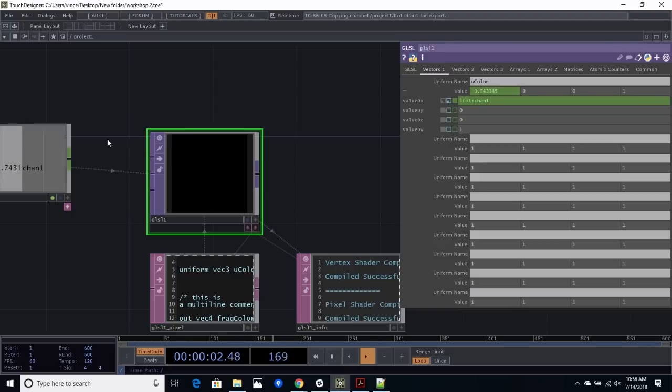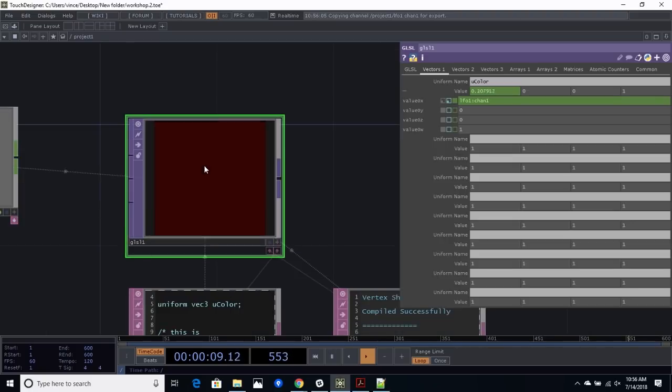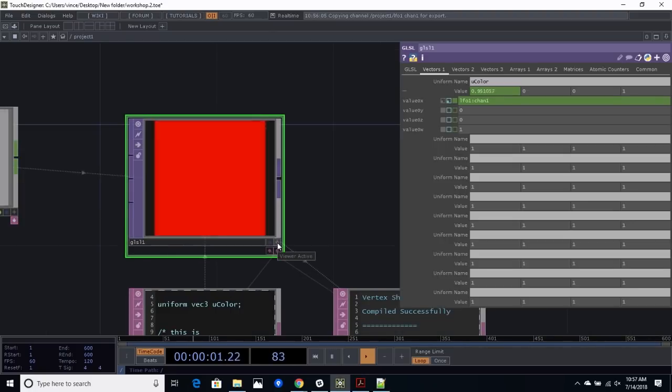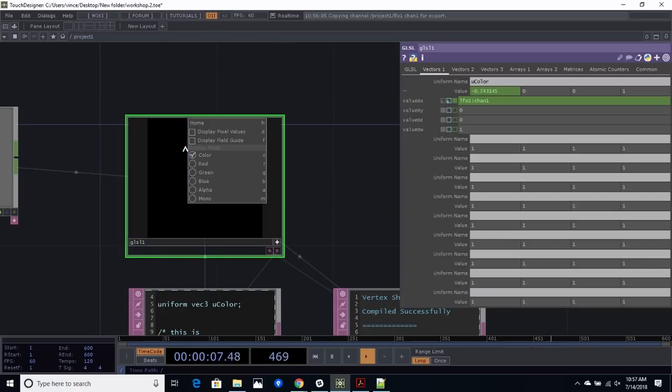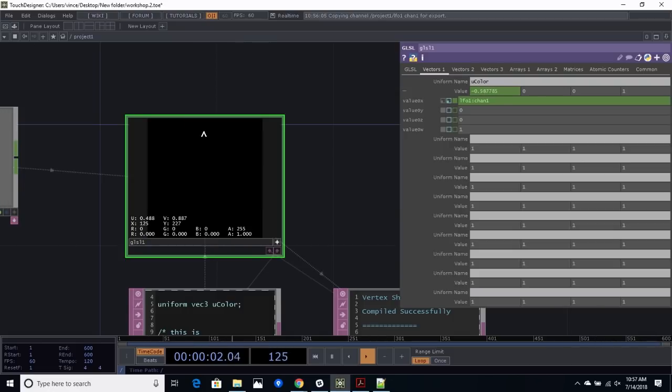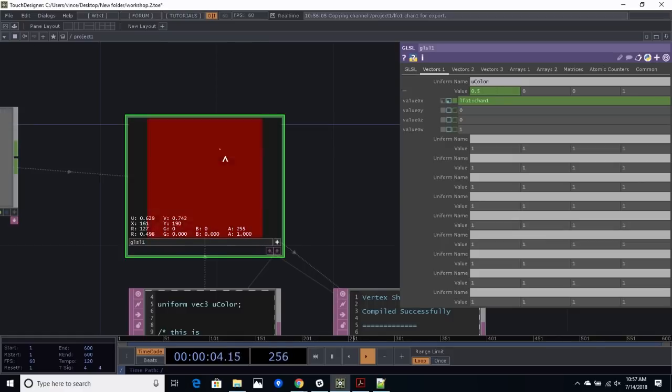One thing that's nice in TouchDesigner is that it's pretty easy to see the color values. There are different ways to do that. One is to click the viewer active, which is this little cross here. Then here you can right click and do display pixel values. And now when you move your mouse around,